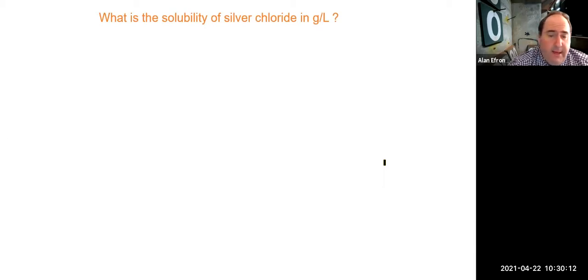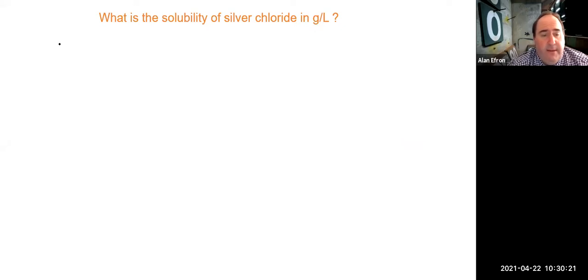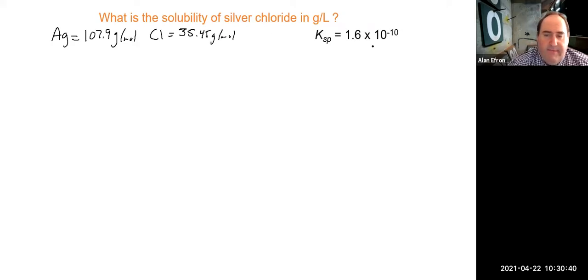What is the solubility of silver chloride in grams per liter? And let me give you a couple of pieces of information that might be helpful. First off, silver from the periodic table, 107.9 grams per mole. Chlorine from the periodic table, 35.45 grams per mole. And the Ksp value there for silver chloride is